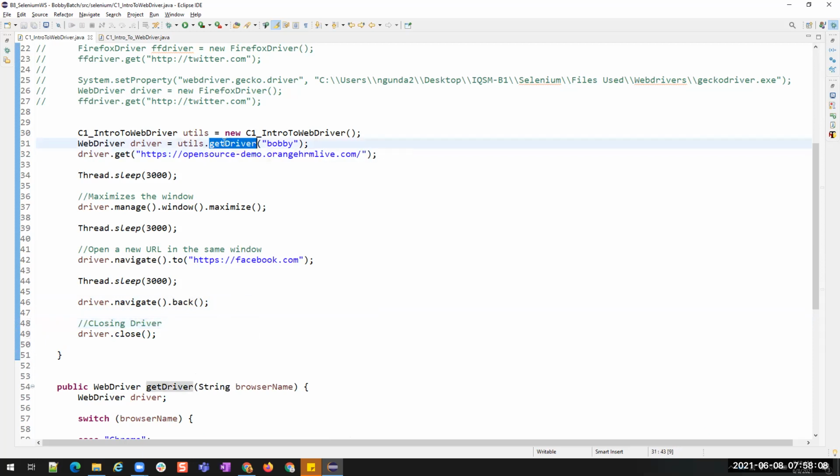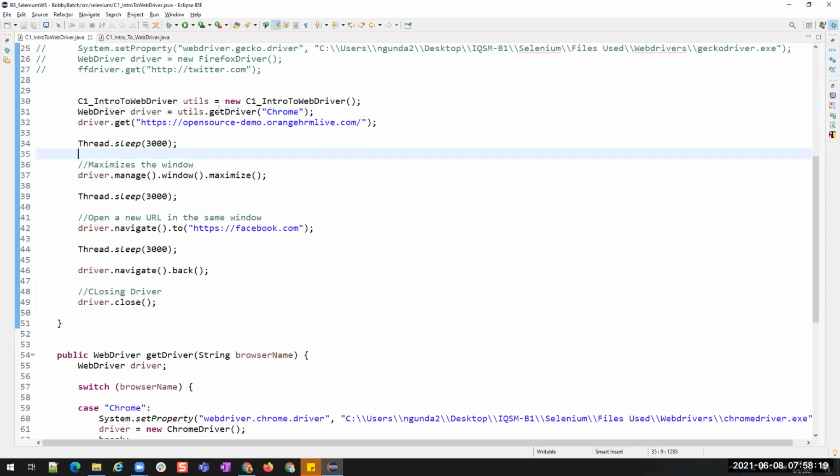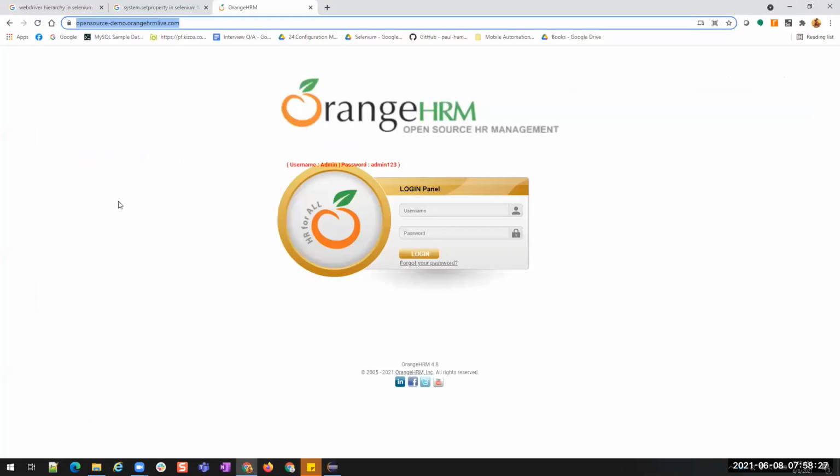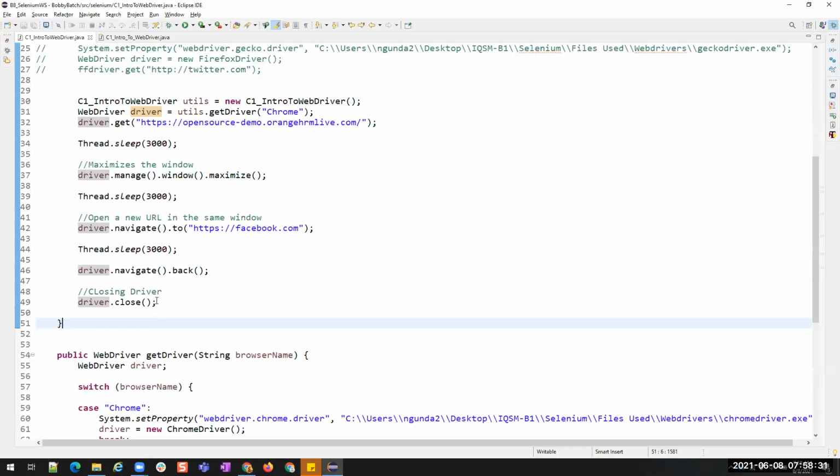We call this WebDriver, get driver, and we have stored it inside the driver. So I got a driver object. Now I want to close this. See, I have a browser open. I want to close this browser. To close that browser, I can use this driver.close.